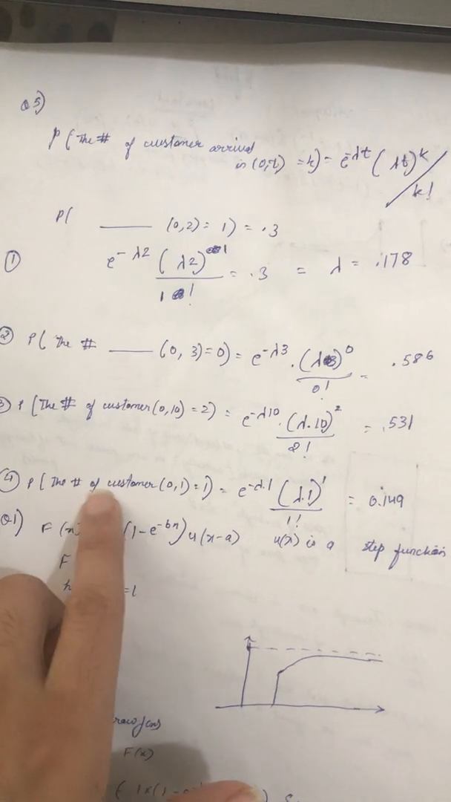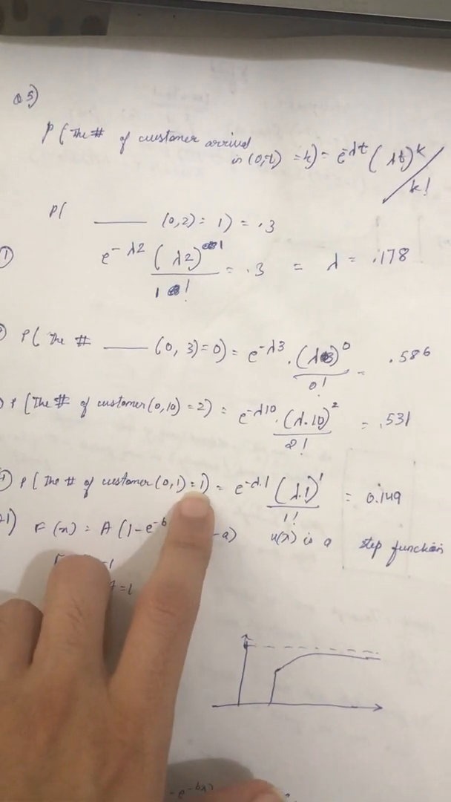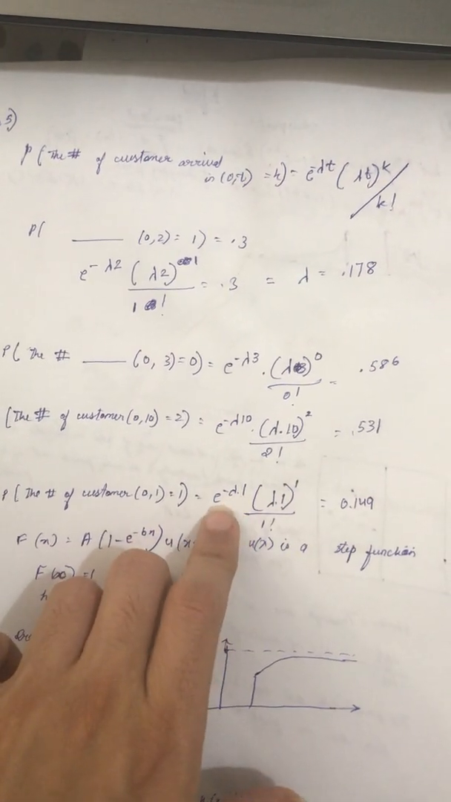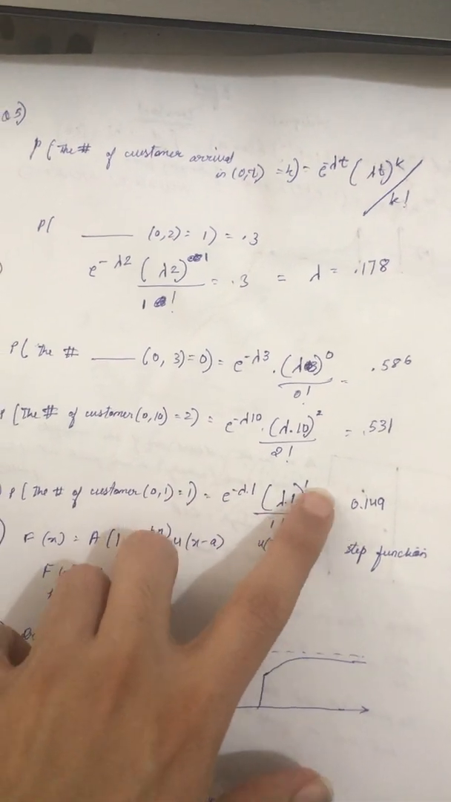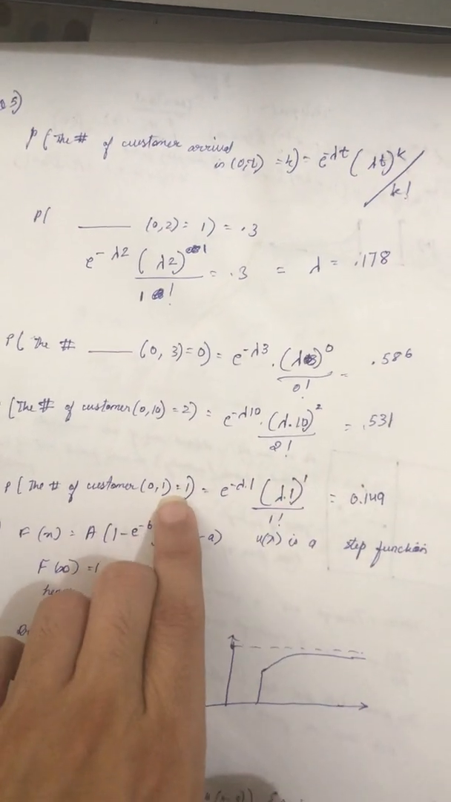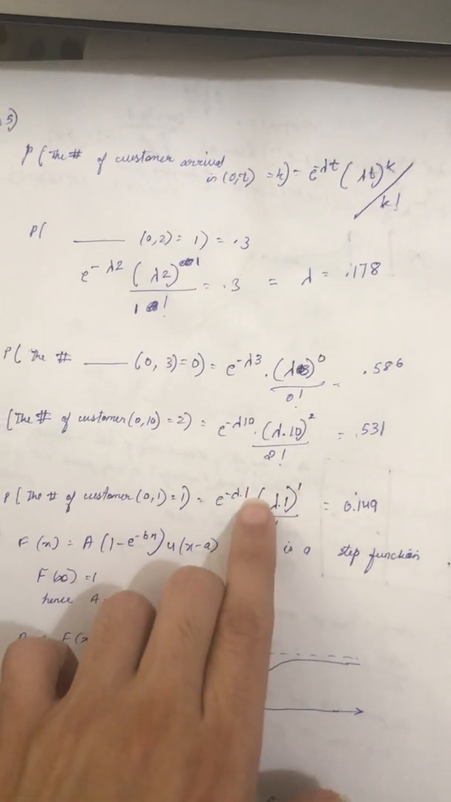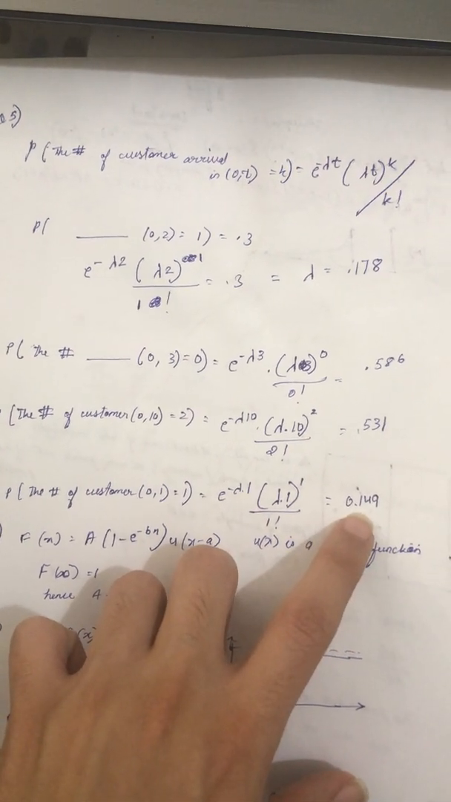The fourth part: find the probability that in 1 minute exactly one customer will arrive. So the number of customers that will arrive in time 0 to 1 is equal to 1. Substituting these values in the above formula, e to the power minus lambda t, where t is equal to 1, into lambda t to the power k, where t and k are both equal to 1, divided by k factorial, which is again 1. Lambda is equal to 0.178. Solving this equation,